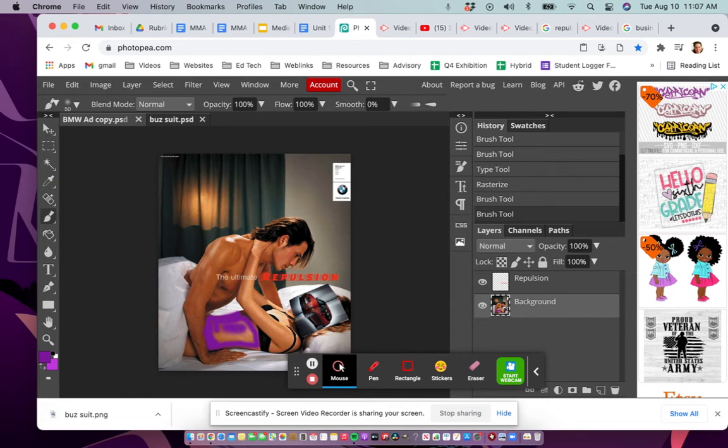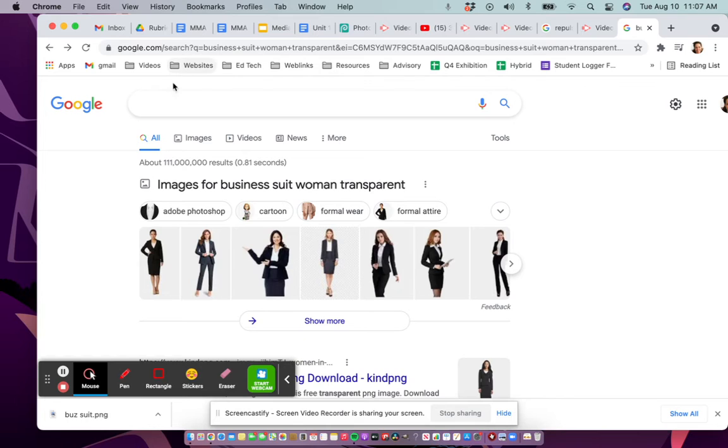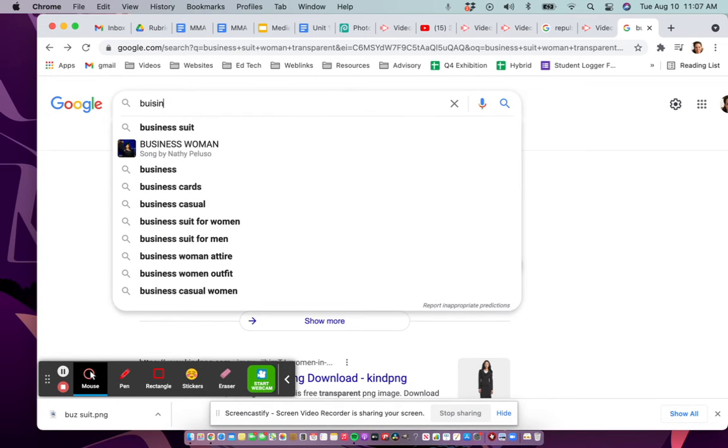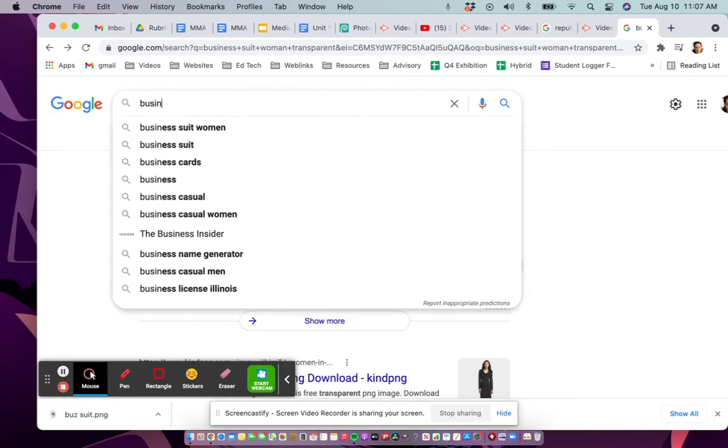So that's one way to use your brush tool, just as an option, but I'm going to do Command Z and undo that because I'm not going to paint in her body. I'm going to actually give her a business outfit, give her some respect. So I'm going to go to Google and type in whatever image you want, business suit,